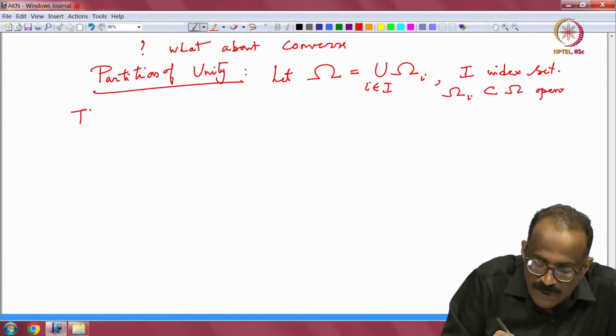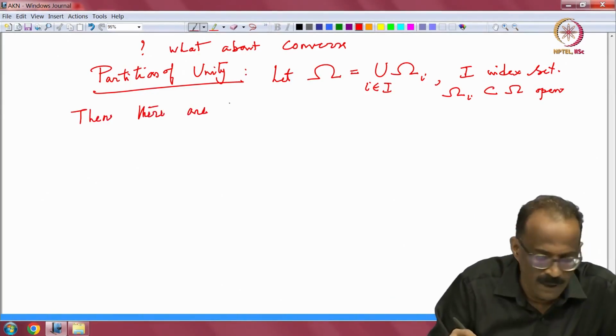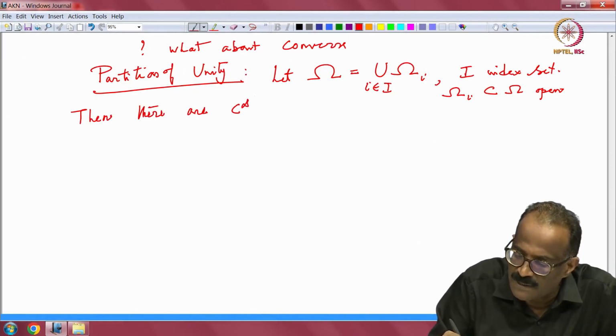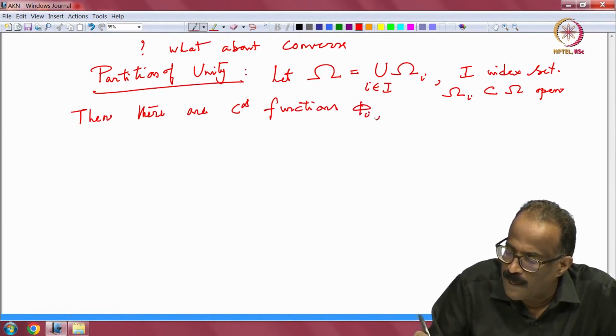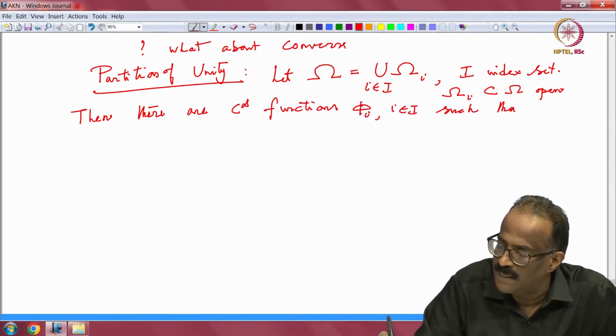Then I am writing the theorem itself. Then there are C infinity functions phi_i, i in I, such that, and these are three important things,